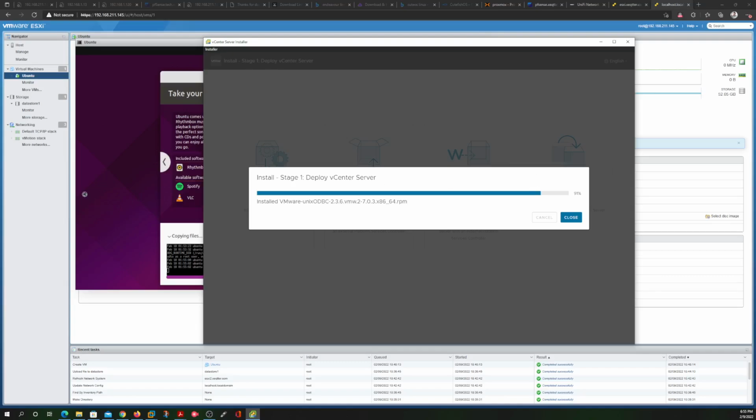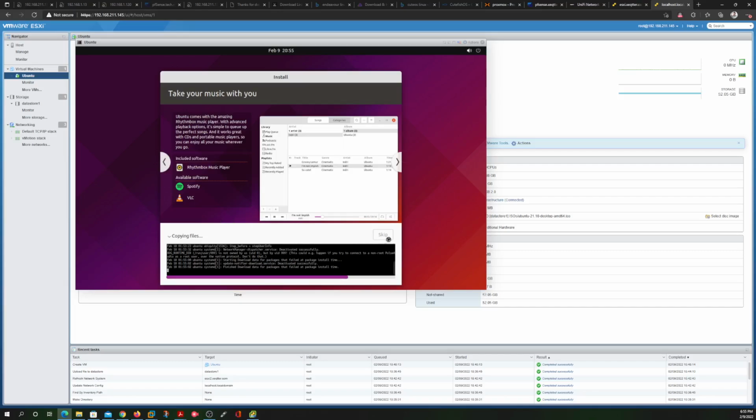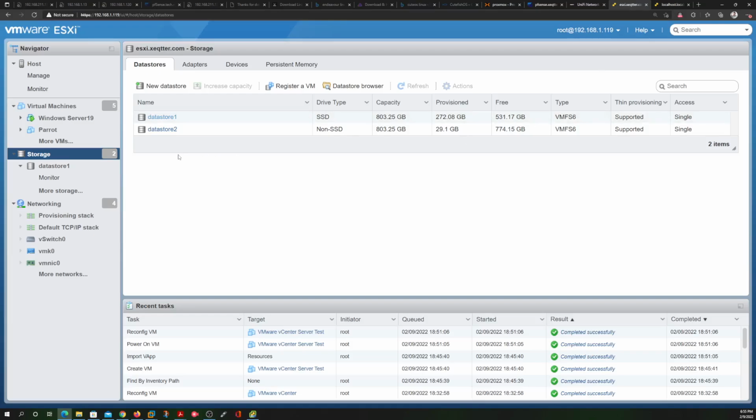Almost there, almost there. And Ubuntu is also still cooking, getting there little by little. So let me see what else. While we wait for all that, as you can see on my official VMware ESXi,